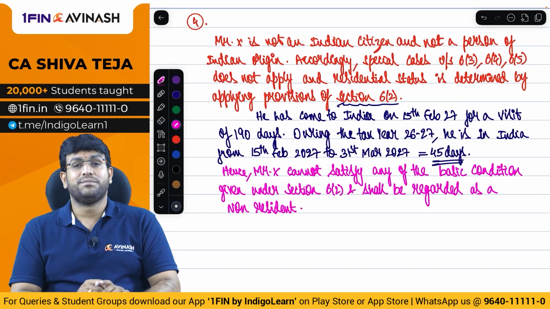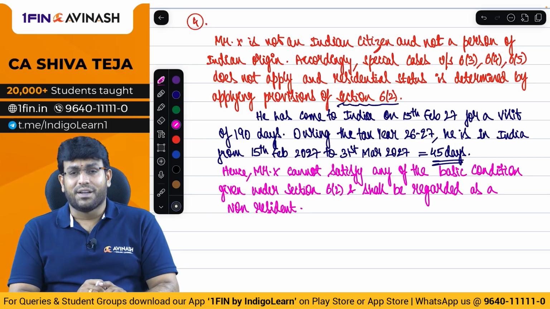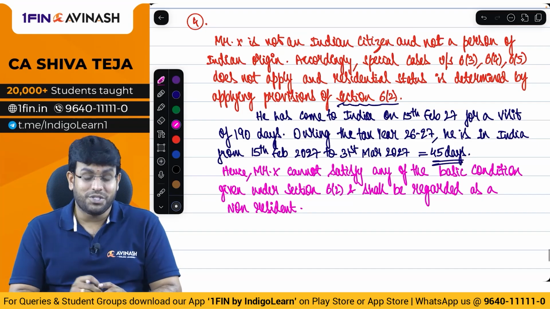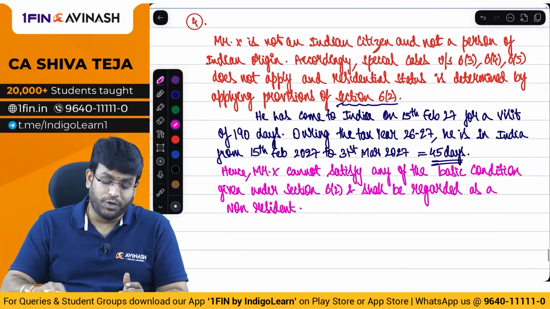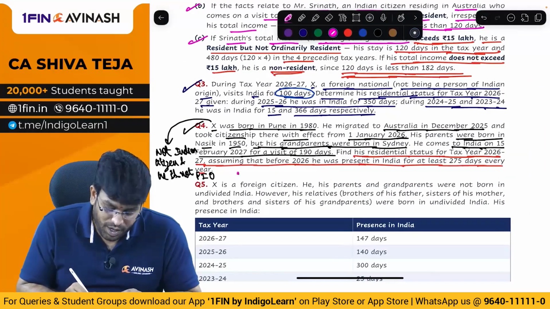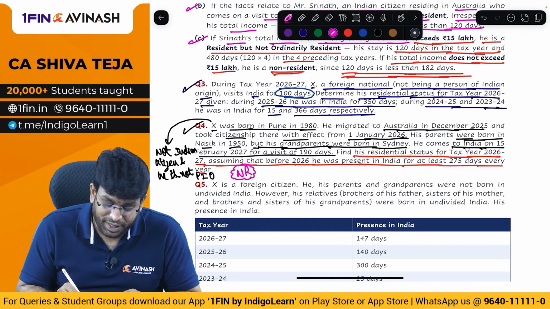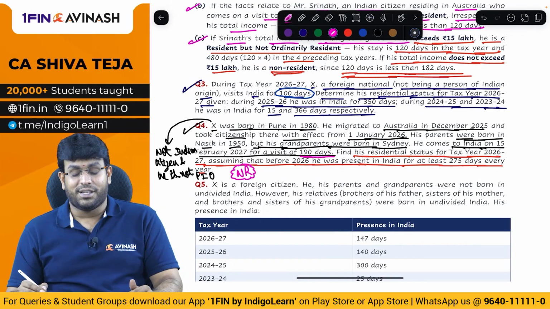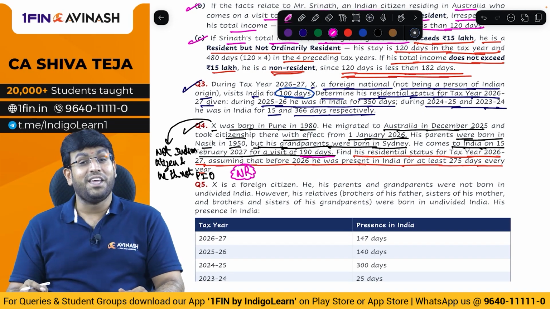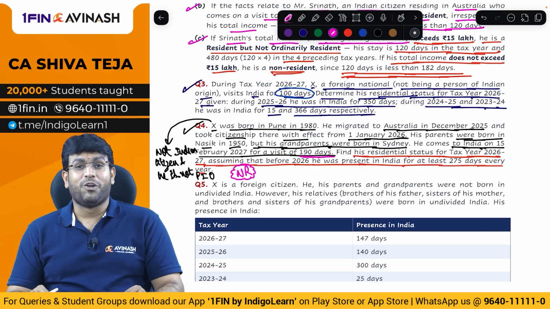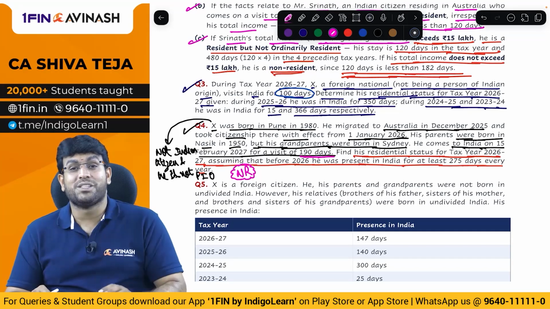That is a point to be noted. Friends, are we getting clarity, everyone? Please speak out. So that is the story of this question number 4, where he is a non-resident. By just seeing 190 days, our brain might start telling he is a resident, but the answer is non-resident. See how careful you have to be. You cannot just like that come to conclusions.